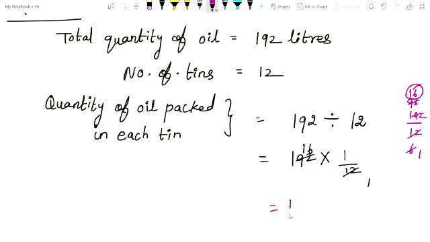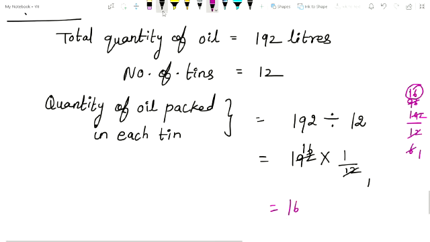16. So if we know 12 table directly, you cancel directly, or else you cancel the numbers step by step. Which table you know very well, using that table you do it. Because this 12 is divisible by 2 table, or else 4 table, or else 6 you can divide. You have to see both numerator and denominator. You have to decide which is the common factor, take it and divide. Step by step you do this. If you know 2 table, directly you can cancel it. So what are you getting, children?